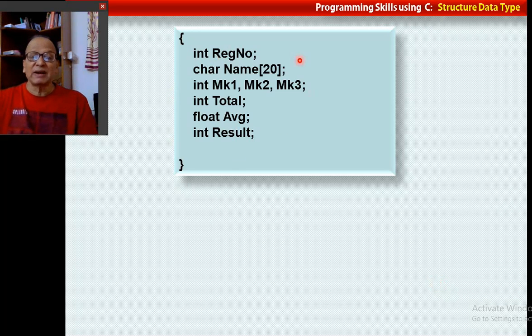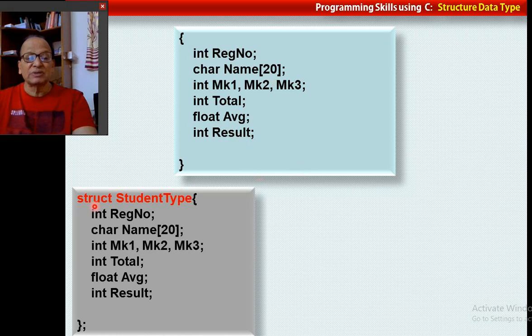For example, now we can think of a block here, which contains register number, character string, where we can store the name of the person, marks obtained in 3 subjects, total, average, and result. So we can do that. So how are we going to do that? We are going to say that is structure. We give a tag there, student type, and put all these things together. So student type becomes a structure in which there are different types of variables, integer, character array, and floating type